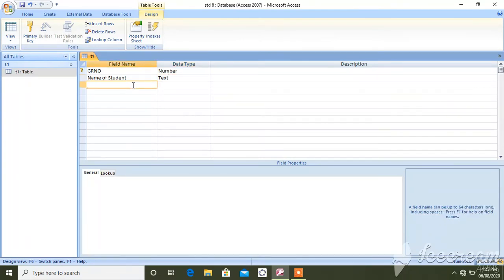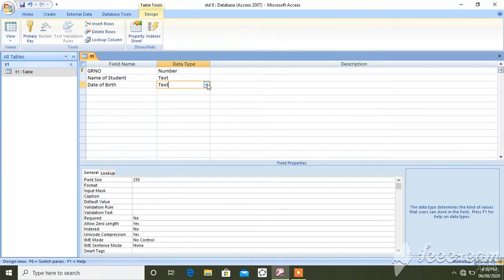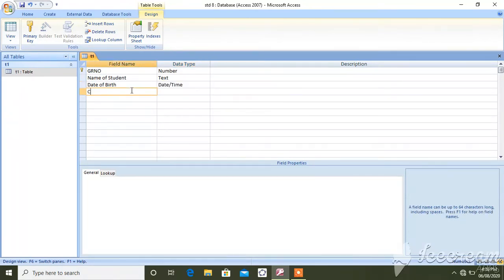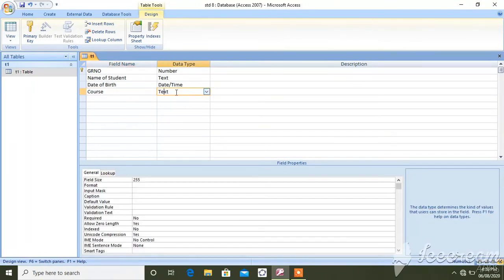Then the third one is the date of birth. Here we can take the date of birth as a date and time. Then course will be of text type.